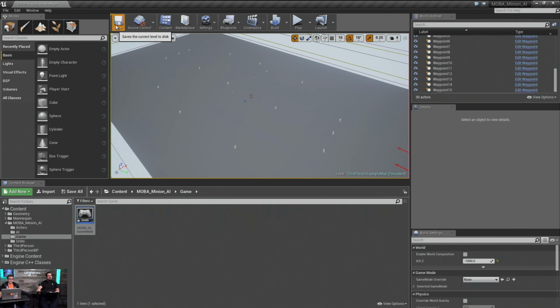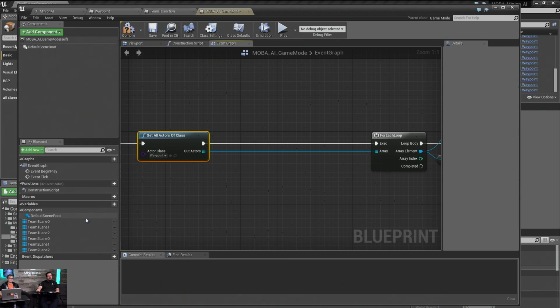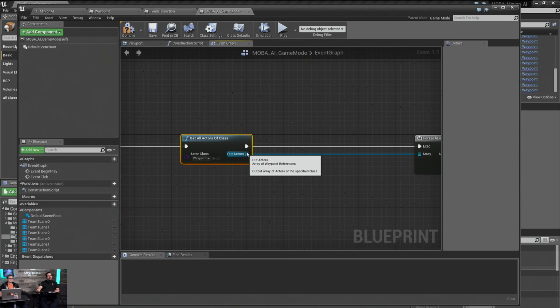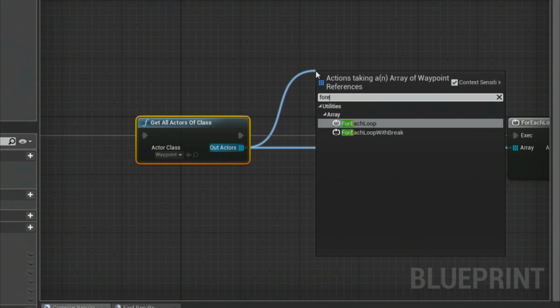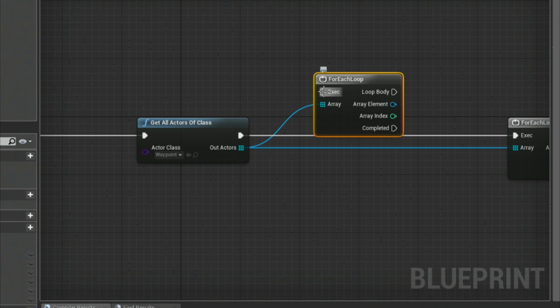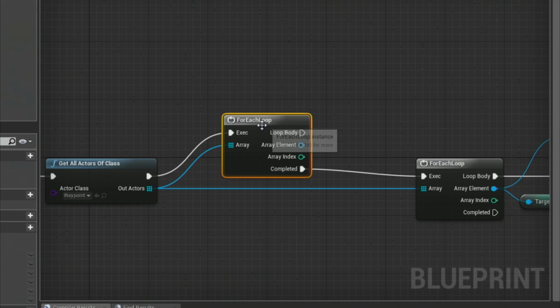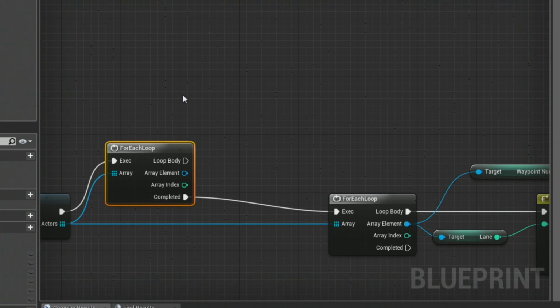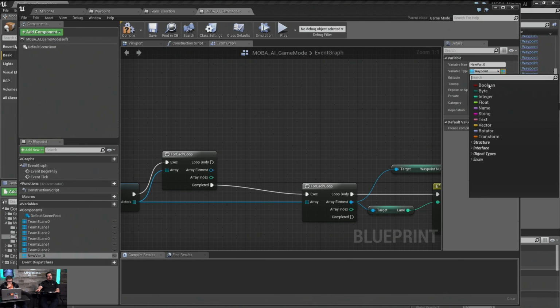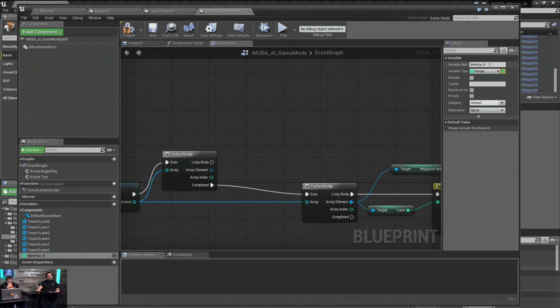So go ahead and save real quick. Go back into here, and we're going to do another for each. Completed will come back into that, and I'm going to get another array of type int. We're going to call this one waypoint counts.